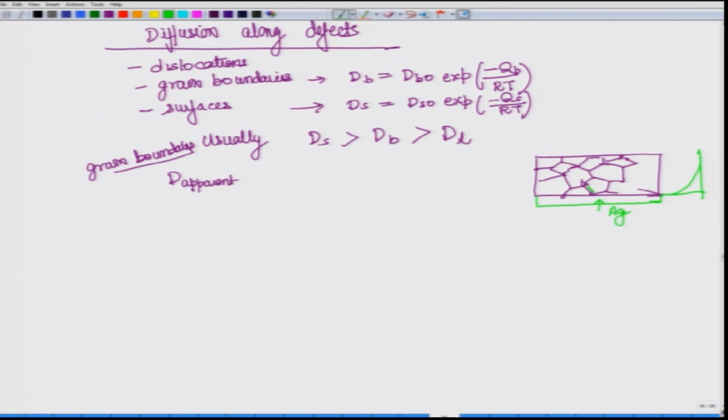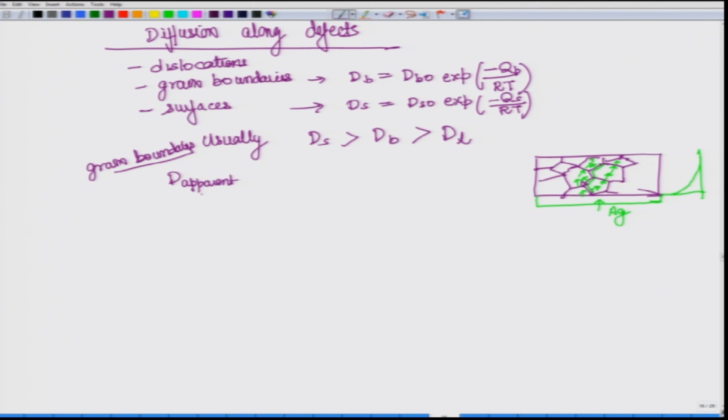So a lot of diffusion will take place like this, and also some will take place like this. Because there is bulk, from bulk into the grain, and again from the grain to grain boundary to the lattice, again lattice to the boundary from here. So there are different paths for diffusion to take place, which will be a mix of lattice diffusion and grain boundary diffusion, and hence